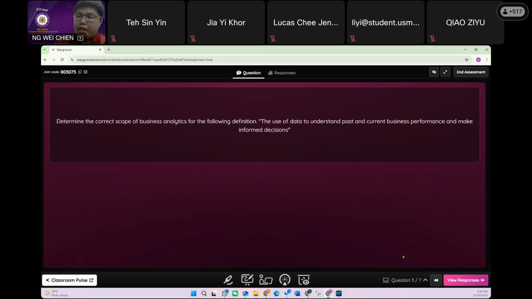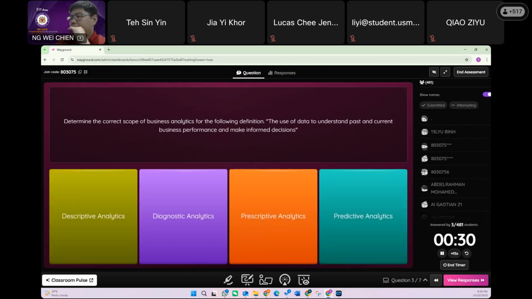Let's go into the next question, question number 1. For these exercises, I only set the limit of 30 seconds, but in a proper quiz, you'll be given 1 minute for every question. I make it 30 seconds just to test run, because the questions are pretty simple. If you have followed the lesson earlier, you should be able to answer. For question number 1: what are the things that use past and current data to make decisions?